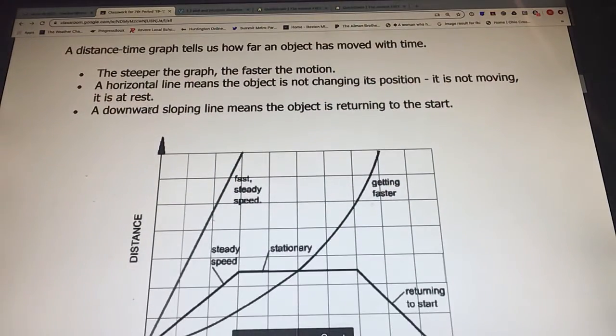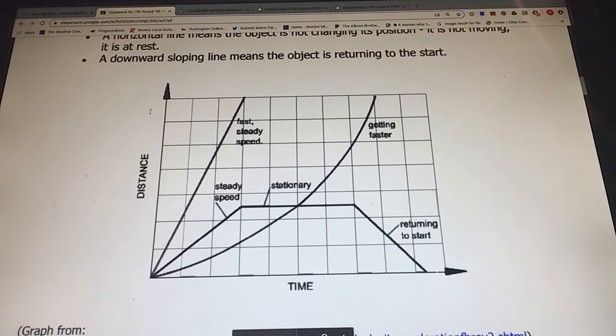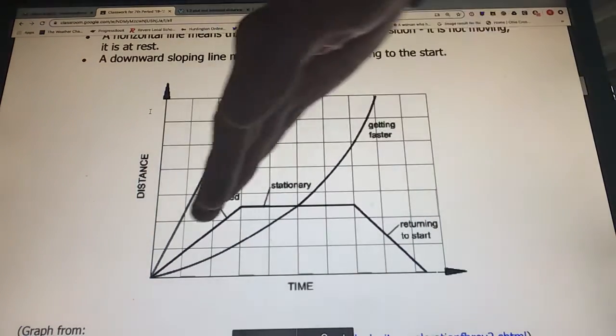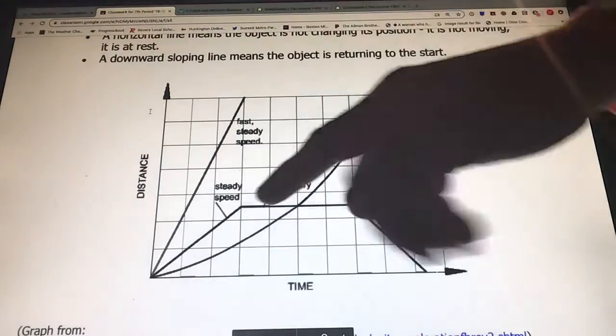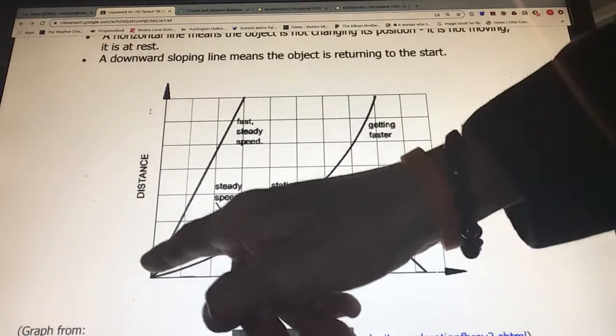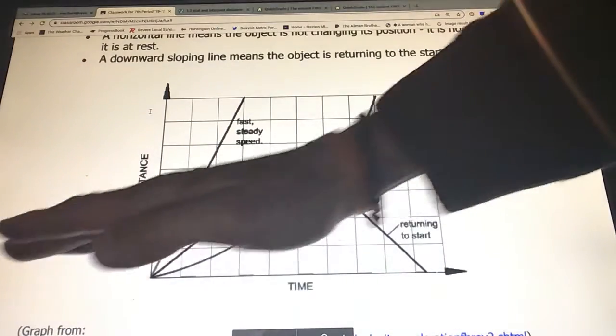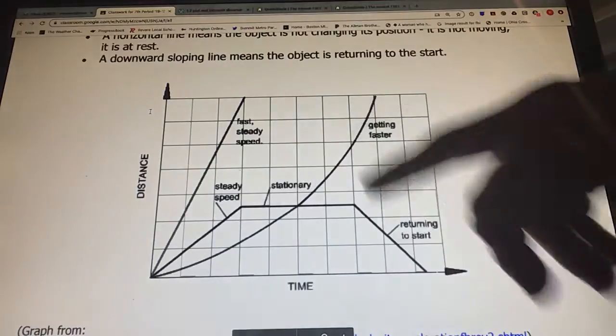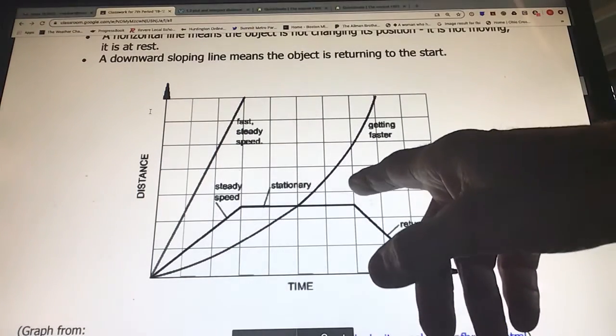What they didn't show, and they didn't show a couple of things on this. So this is the review. Fast, steady pace, it's a steeper angle, steeper slope. Steady speed, a little bit slower speed here, completely stopped. It's accelerating here. It's becoming steeper as it goes from left to right. I'm plotting it here and here and here. This one, which I didn't talk about in the lesson, is